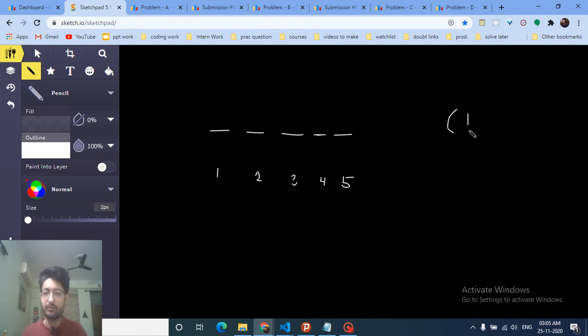So let's assume that I want to place 1, 2, 3, 4, 5. Now I want to place these numbers randomly on this board such that you have to output one possible configuration in which the number which you have to place should not match with the index at that position. So I cannot put 1 at this position, but I can place like 2, 3, 4, 5, any number.